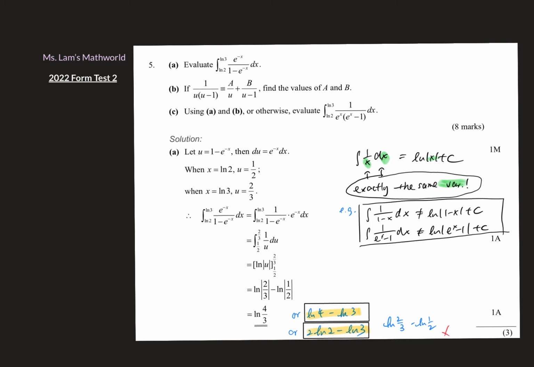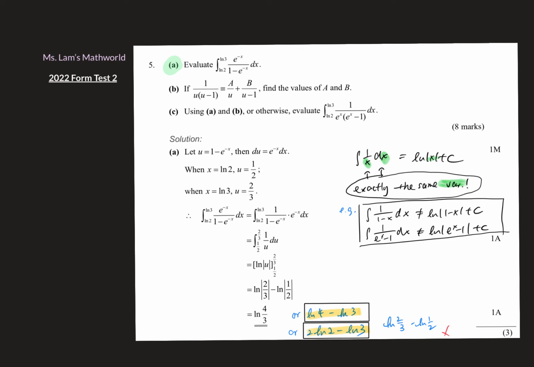Today we are going to discuss question 5a and question 5c of Form Test 2. So let's have a look at part A first. So part A,